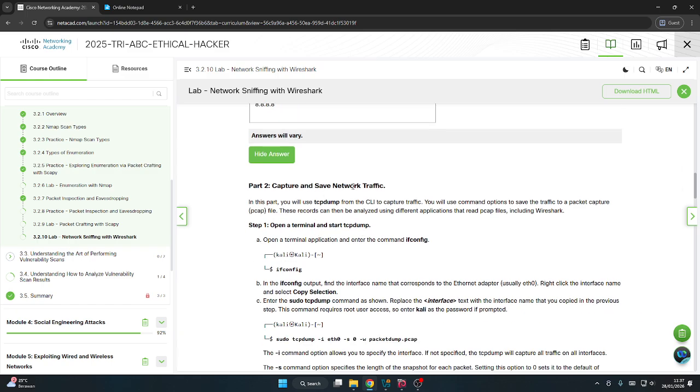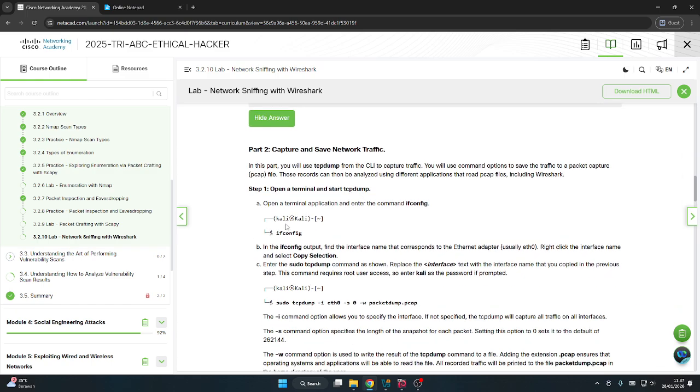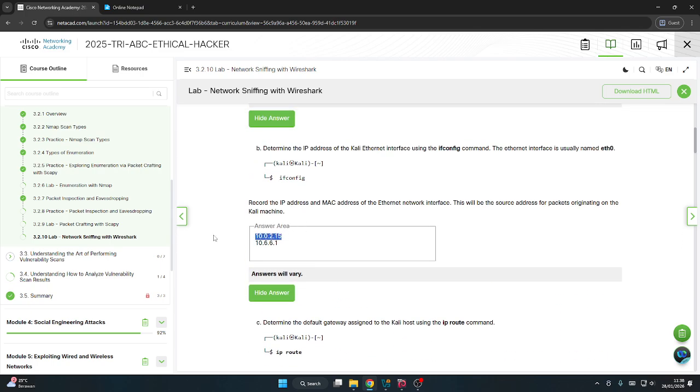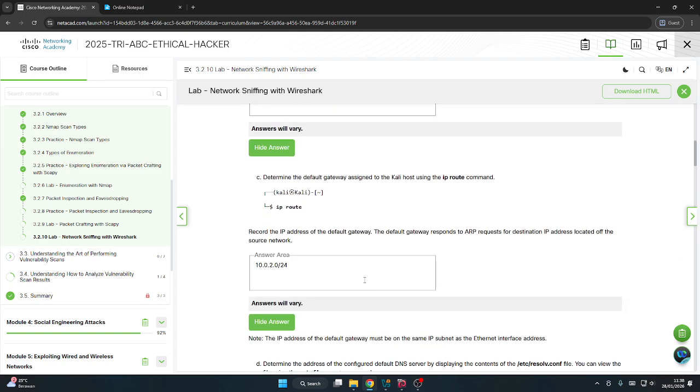Capture and save the network traffic. Open the terminal and start the tcpdump. Open the terminal, ifconfig, in the ifconfig input, find the interface that corresponds to the Ethernet adapter. It usually Ethernet 0. Ethernet 0 is here 10.02,